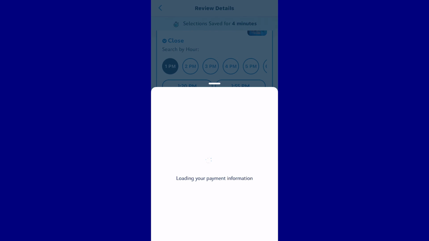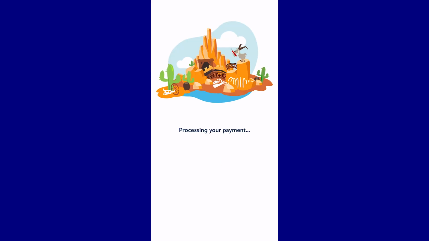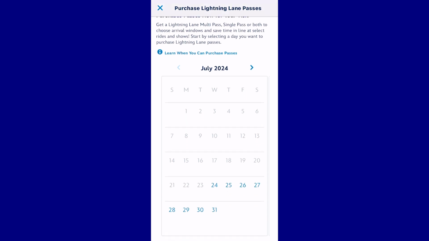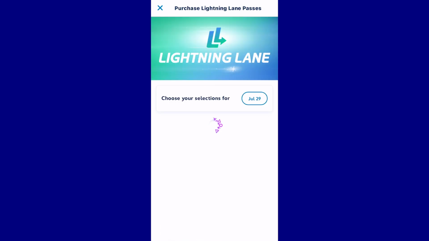So it is very similar to the old Fast Pass system as well. As you could see here, we are now going to check out because I am actually going into the park to try and test out the Lightning Lane Multipass. And I will have more videos coming in the future on this, but this is pretty much essentially what that process looks like